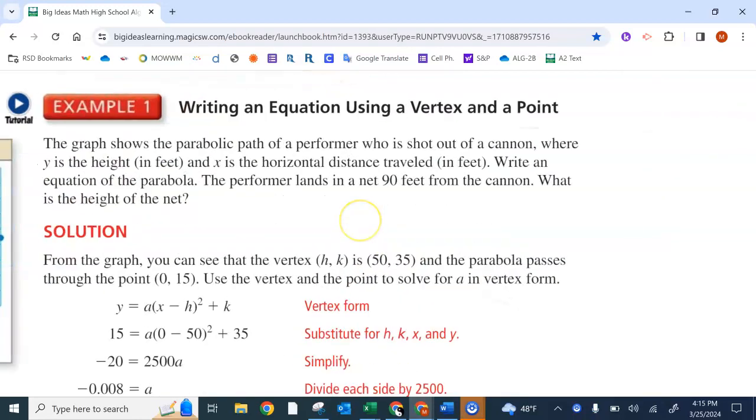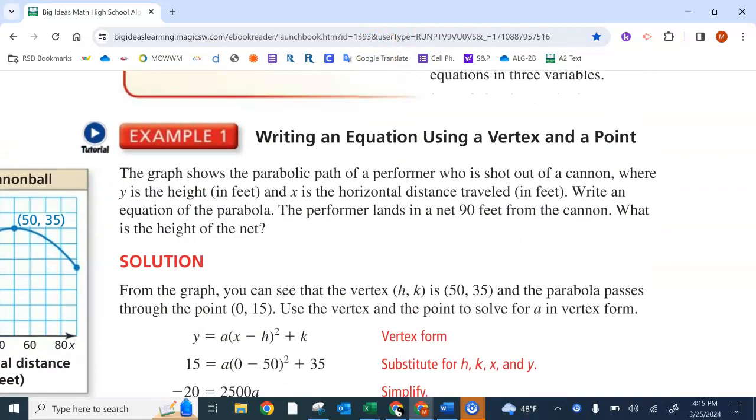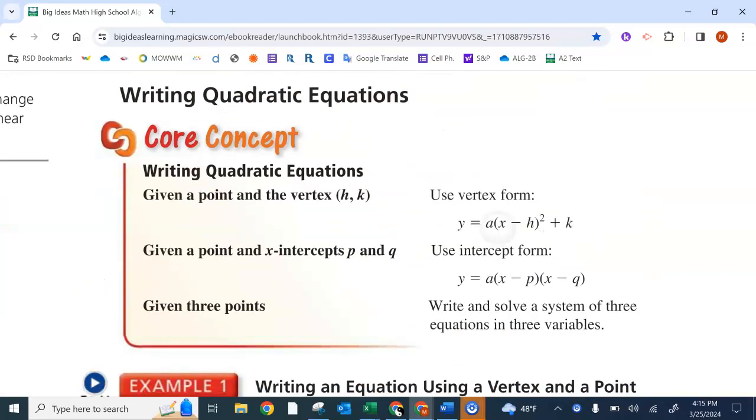Okay, so today you are going to learn about writing an equation if you're given the vertex and a point for a quadratic equation. And the first thing to realize is there are different forms of quadratic equations. One of them is called the vertex form. We talked about it in the last lesson, but it goes of the form like this, where the vertex is